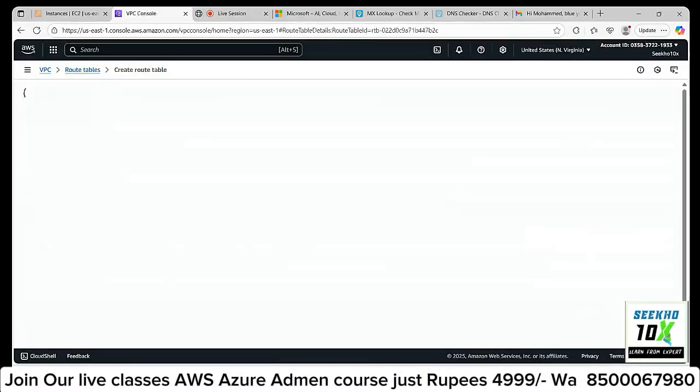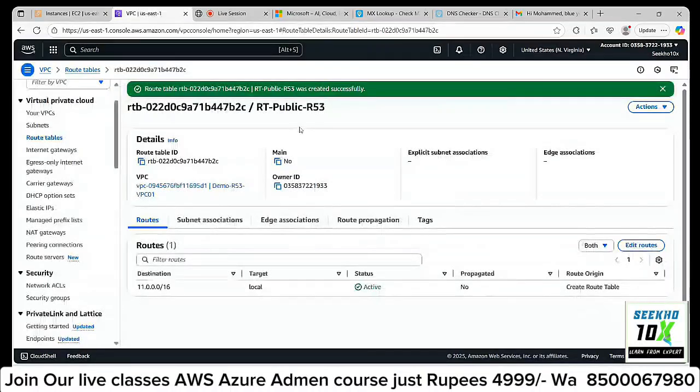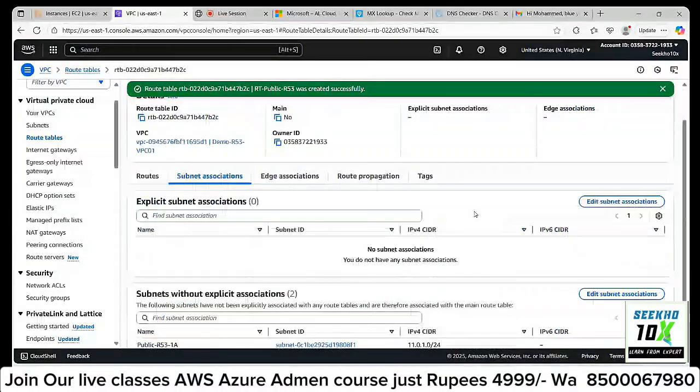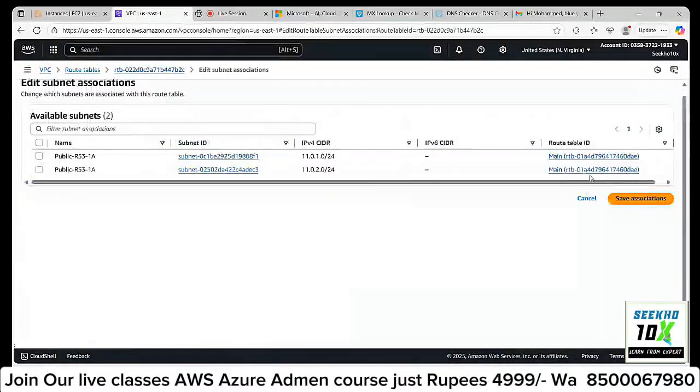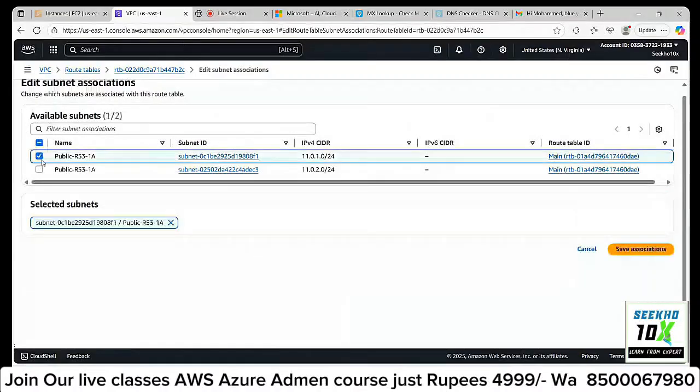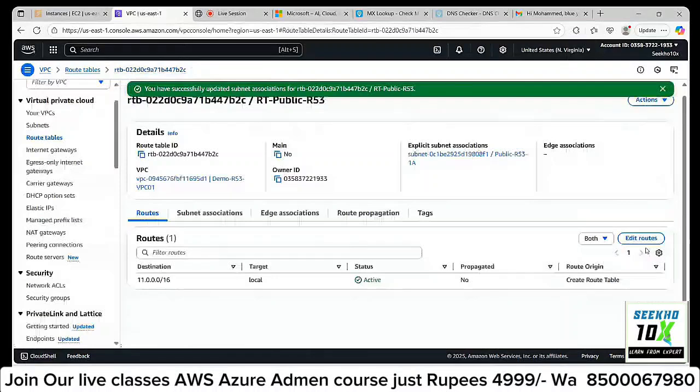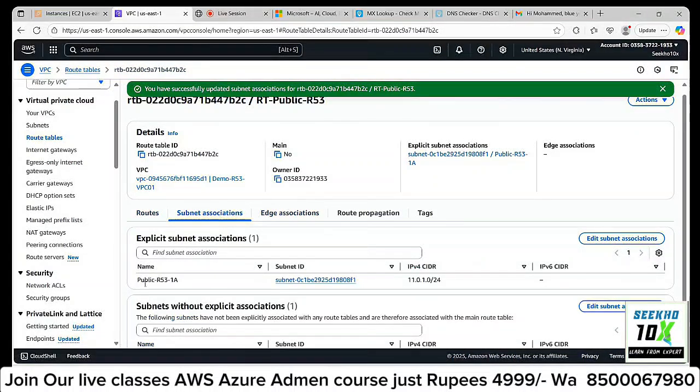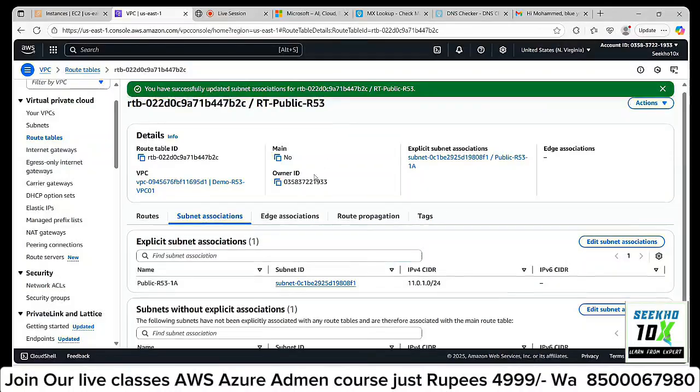Create a route table. And this is public, so I need to associate my public subnet: edit subnet association, select public, save association. Public subnet is associated here.